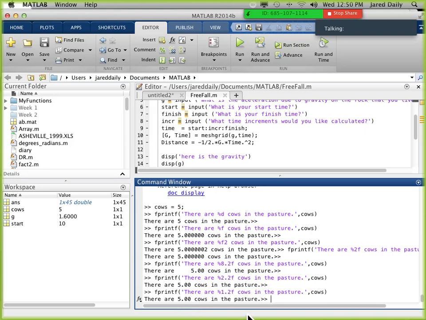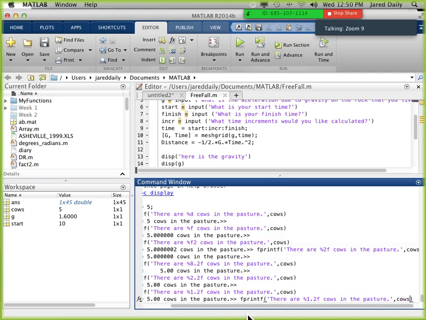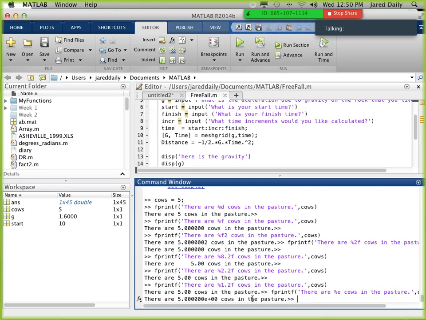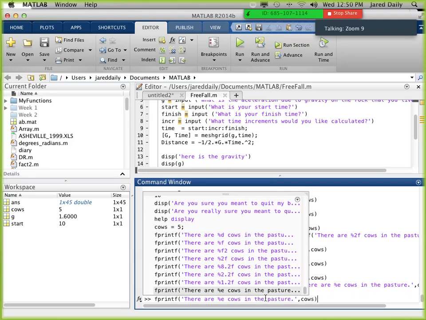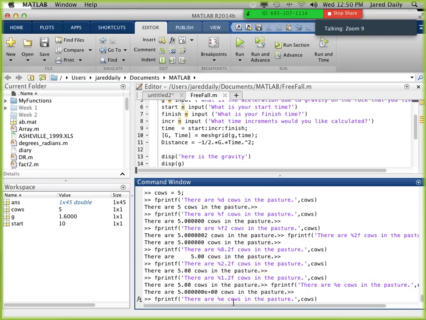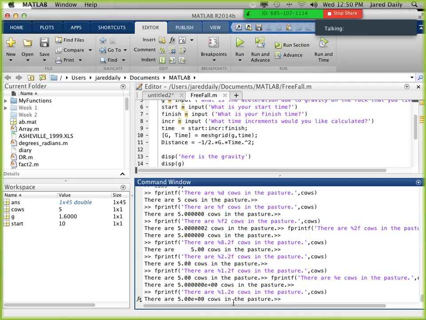But anyway, these different formats are different ways. If we use the E format instead of the F format, the exponential format, let's see what that gives us. So it's 5 times something to the that. We could also force different sizes in the E format, so we can have 1.2 in the E format, and it shortens it down for you. So you can do all kinds of things to format specifically what you want to come out in this fprintf